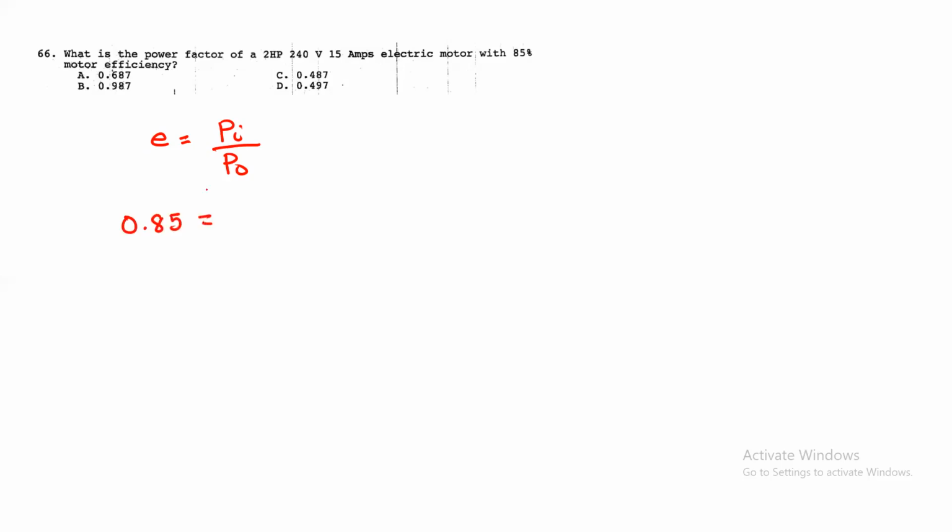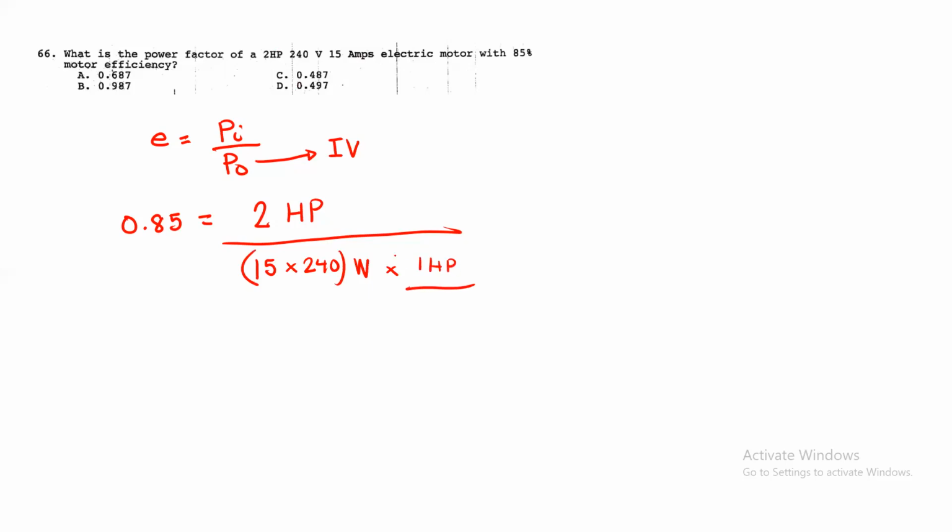0.85 is equals to power input natin is 2 HP divided by power output. So, ang power output kasi natin dito, guys, yun yung voltage times ampere. So, power is equals to current times voltage. So, ang current natin is 15 ampere times voltage 240 volts. So, ilan yung lalabas dito? Watts. Naka-watts yan, guys. So, times 1 HP per 746 watts